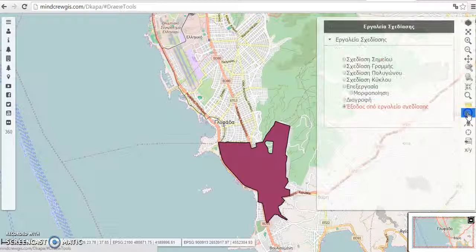Okay, the next option is to draw. From here you can draw any point or any line or any polygon, or you can draw a radius. For point, for line, and the next is for polygon, as I said.